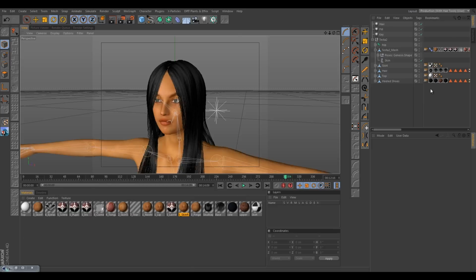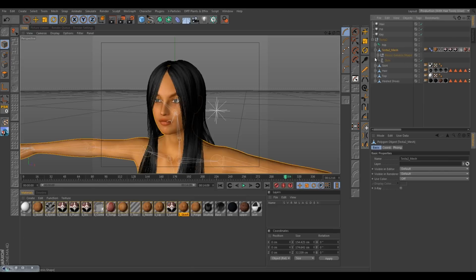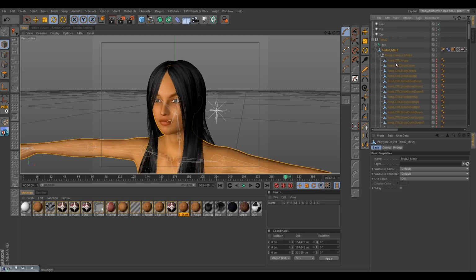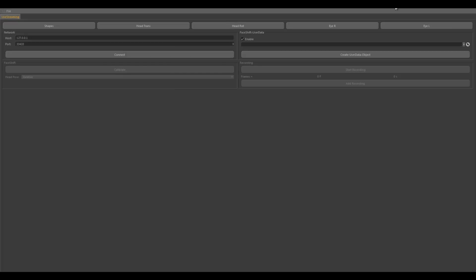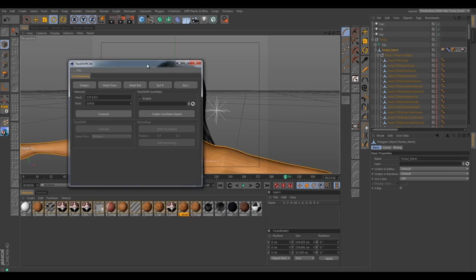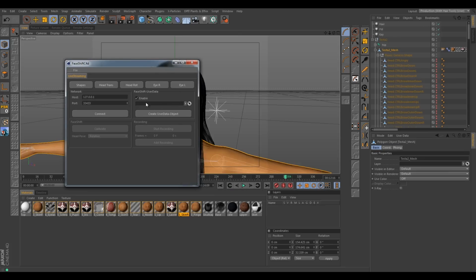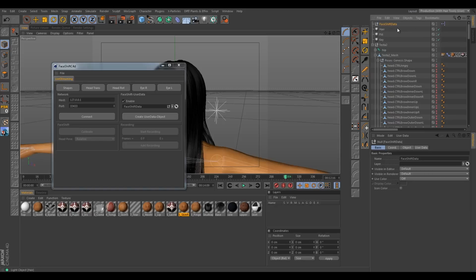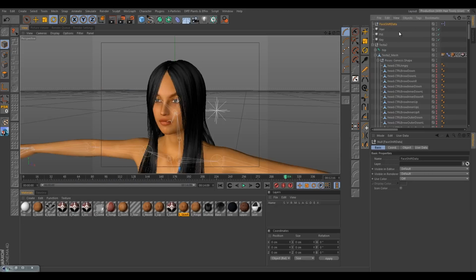Now before we use this plugin, we're going to want to set up our poses so that they match the naming conventions that Phaseshift uses to drive our Xpresso. So if we go ahead and create a user data object here in our Phaseshift to C4D plugin, we'll notice that we get one here in the objects browser.